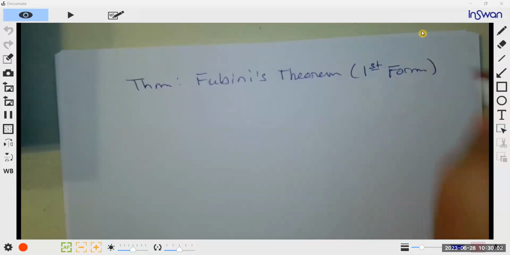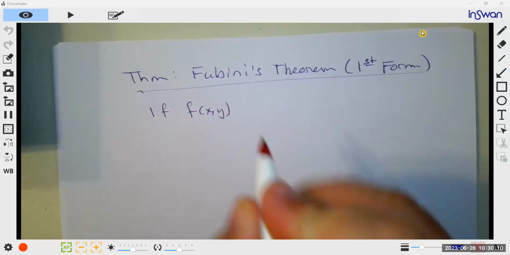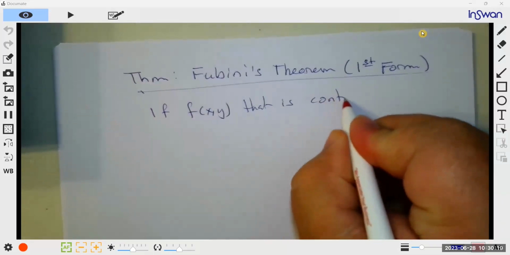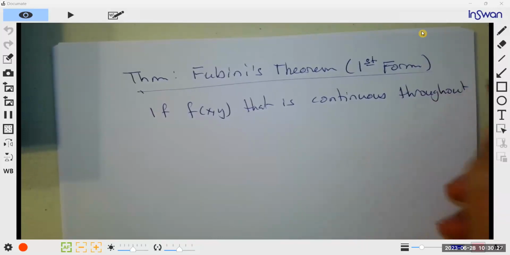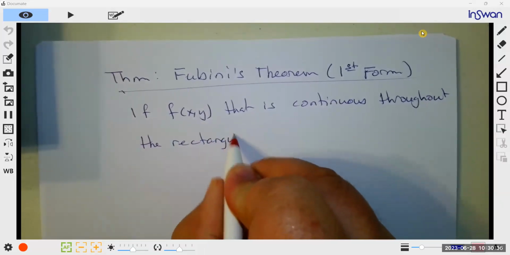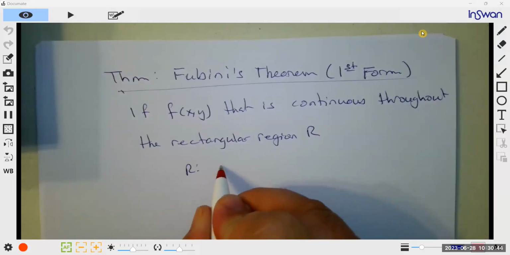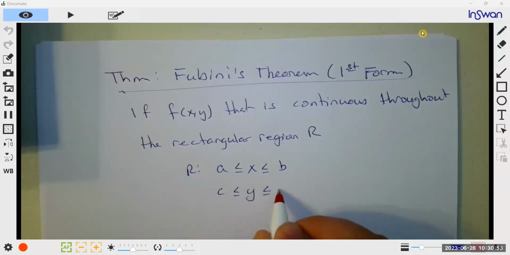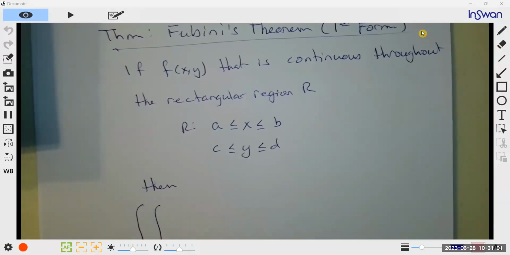The first form. If we have a function f of x, y that is continuous throughout the rectangular region R, where R defines our domains, then our double integrals